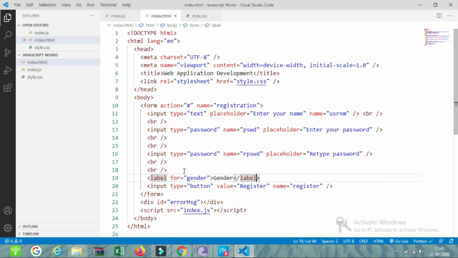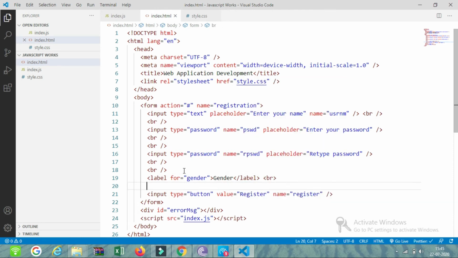Then on a new line, create an input of type radio. A radio button needs to be created. Oh sorry, for radio buttons use a common name. I will type it as gender.